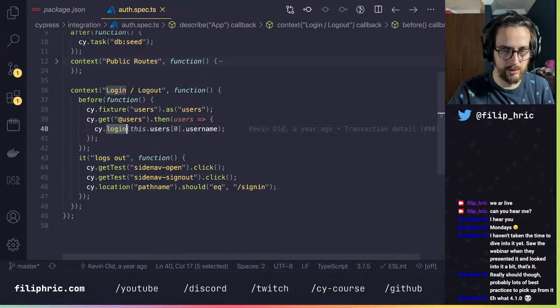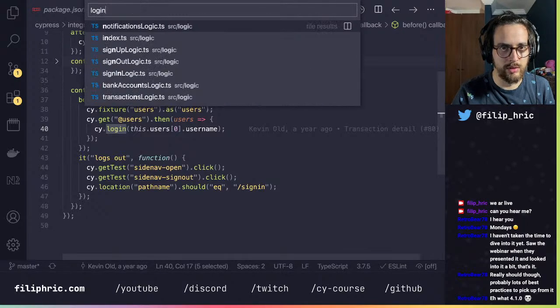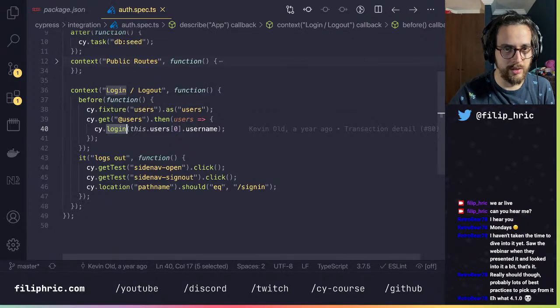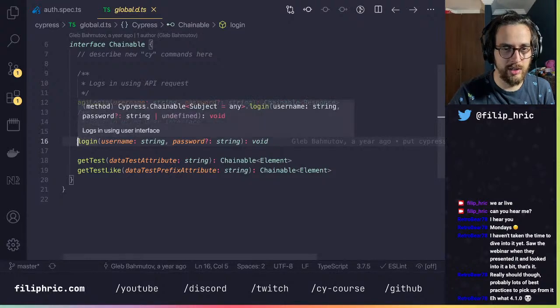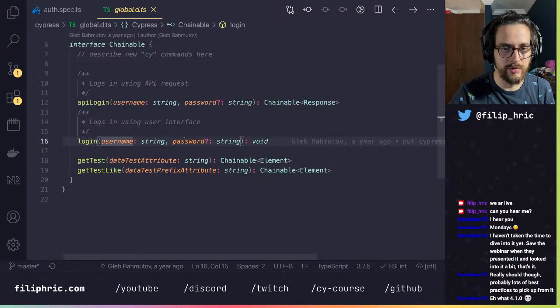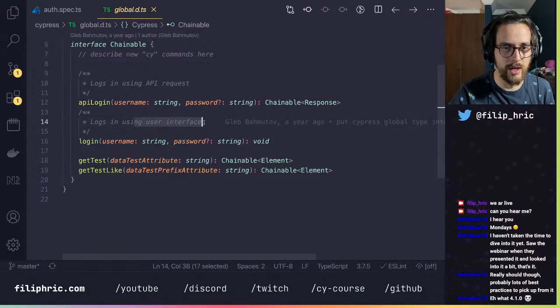No, let's see what this does. Where can I find this? So here's the TypeScript definition. Oh, it gives you username, password. That's good, and it logs in via user interface.